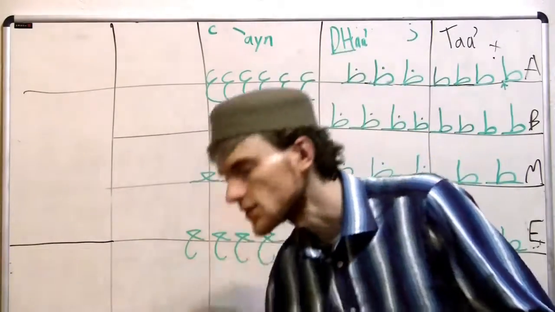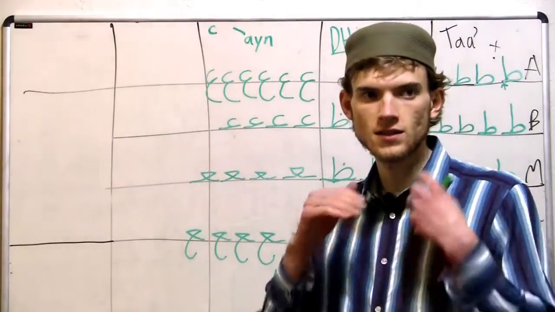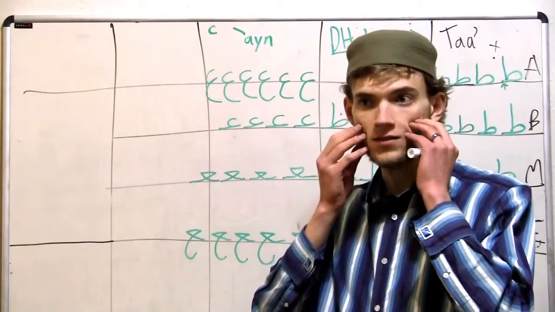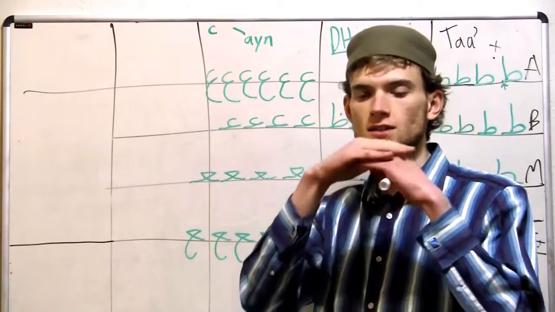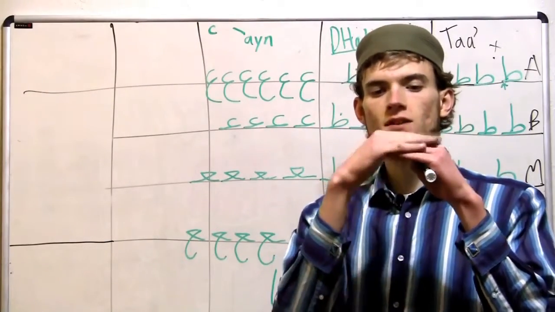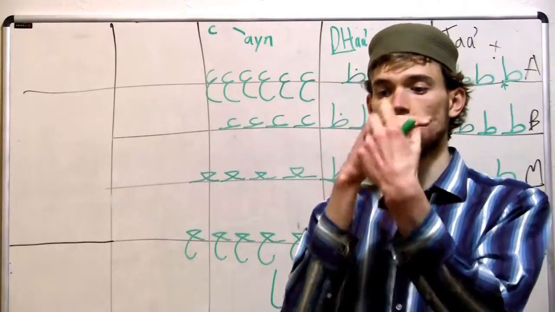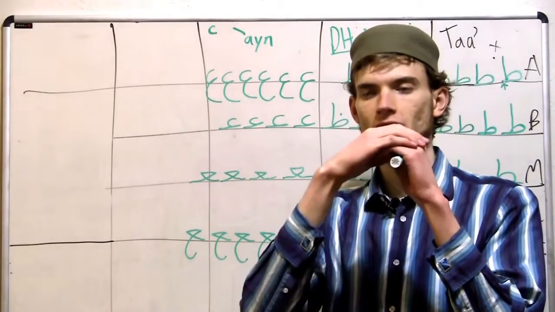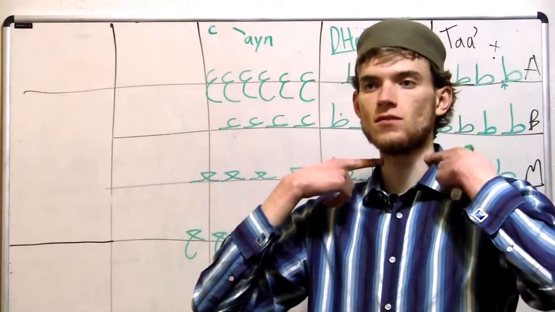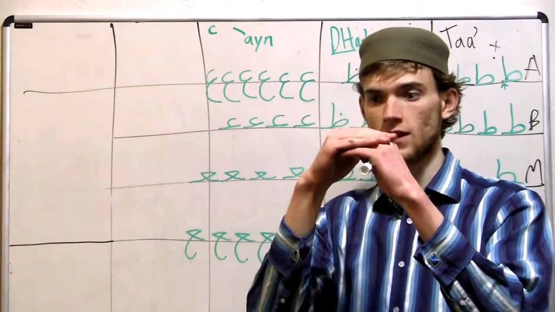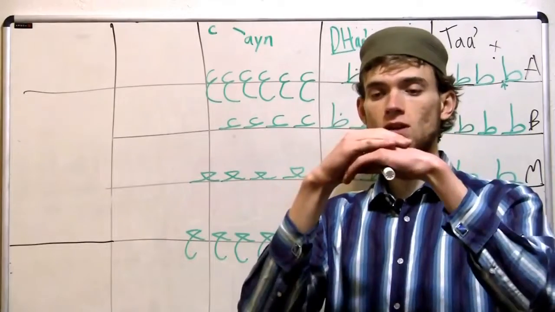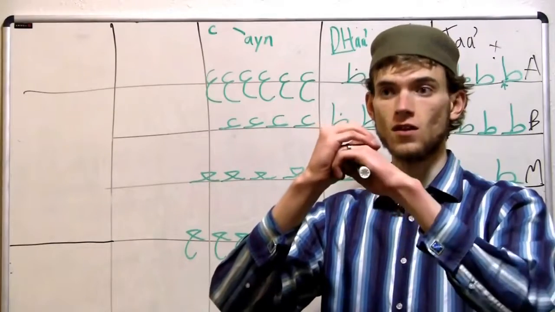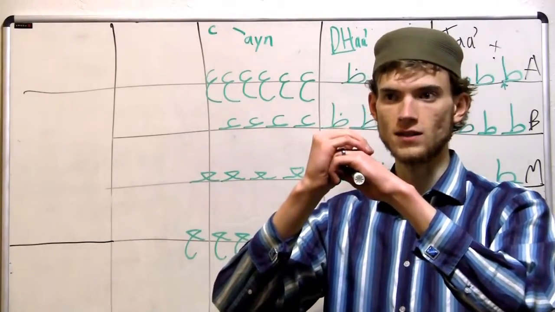For all the emphatic letters, the tongue is filling up the mouth, and that's what's affecting the quality of the vowels around it. For the ayn, the tongue is just sitting down. This is the base of the tongue, going down into the throat, moving against the back of the throat. So it's staying down. Whereas the kha actually happens at the top of the throat, and in order to do that, the tongue needs to go back like that, so it ends up filling the whole mouth. Hence the kha is emphatic.